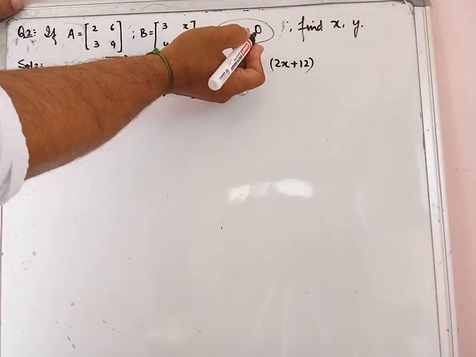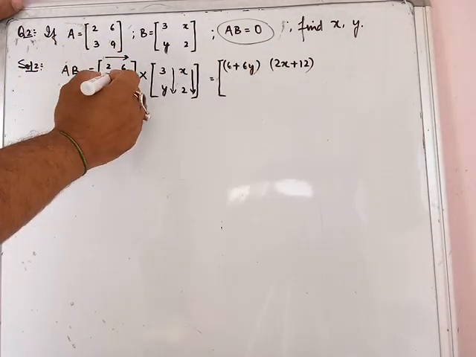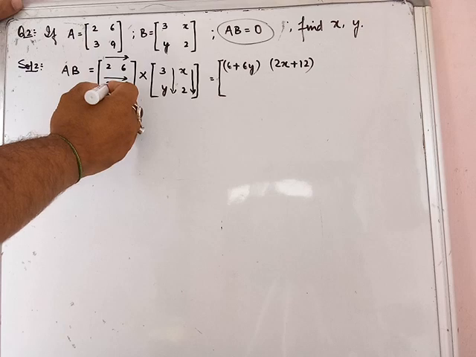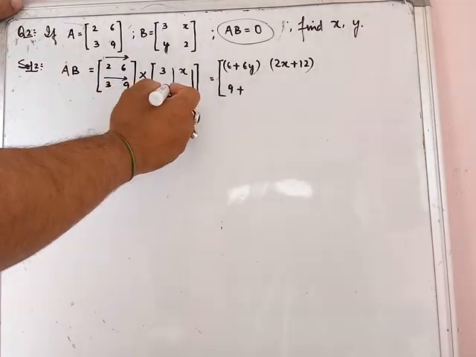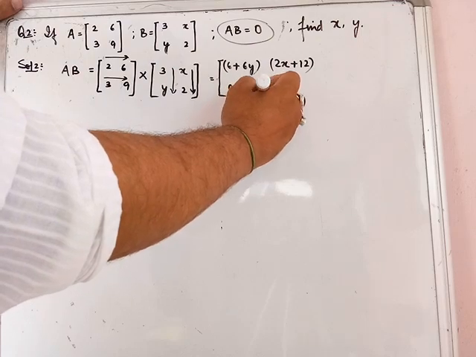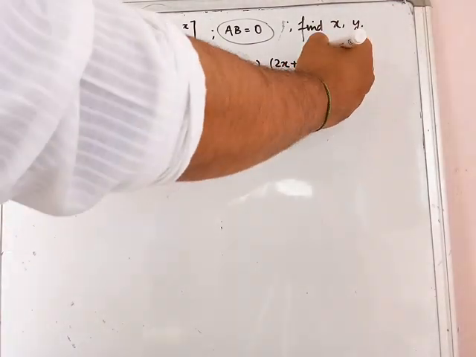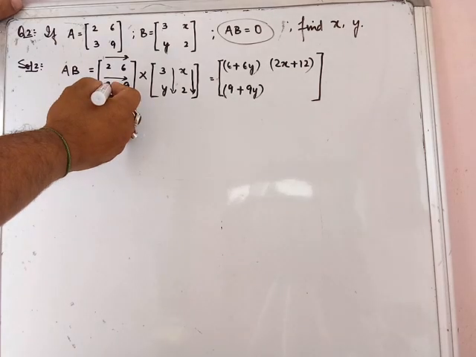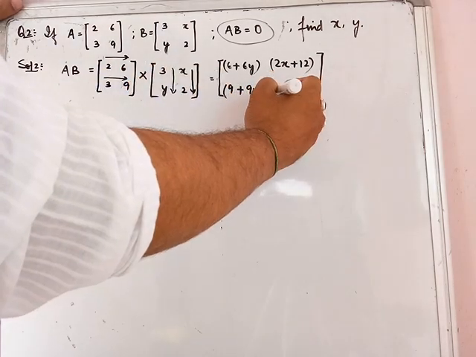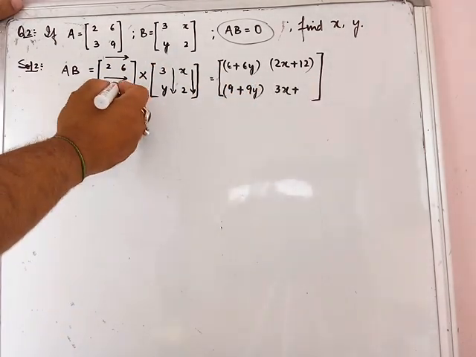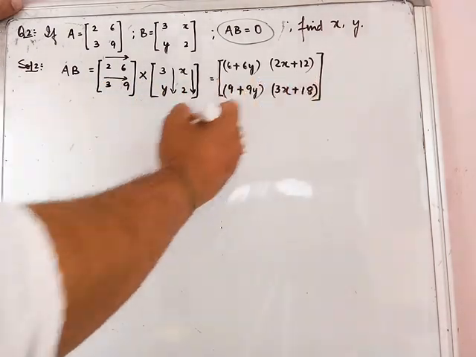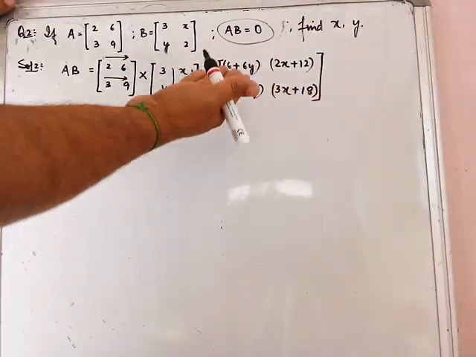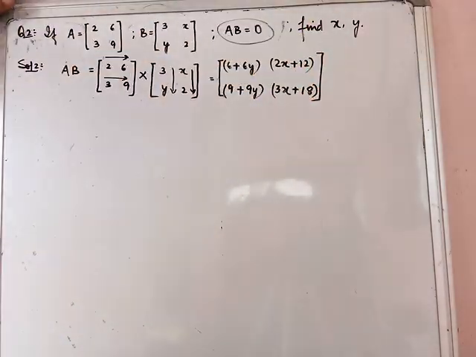Okay, now coming to the second row, so we come down to the second row here also. 3 multiplied by 3 is going to give you a 9, plus 9 into y is going to give you a 9y. Similarly, the last entry, you will get 3 multiplied by x plus 9 into 2 is going to give you an 18. Okay, now obviously we cannot go any further than this because these are unlike terms, we cannot add them. So that is your product AB.